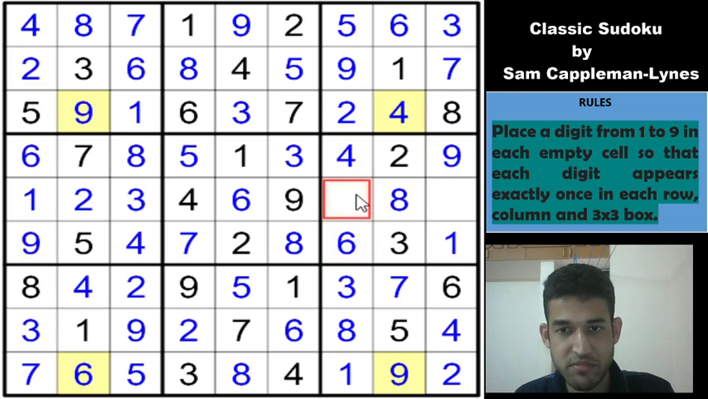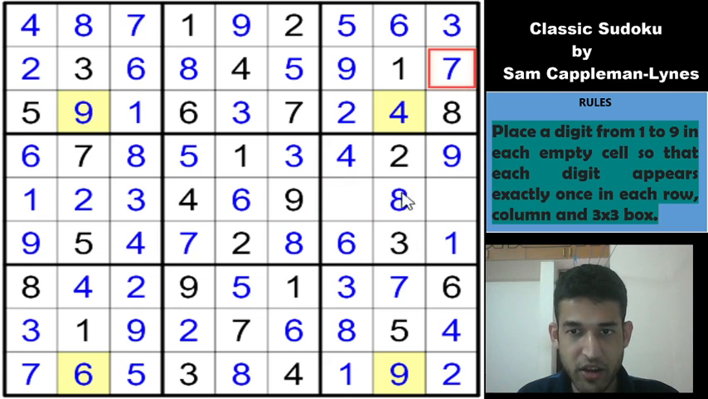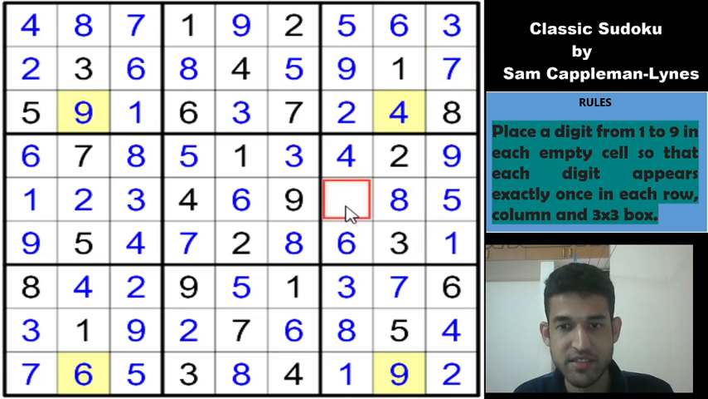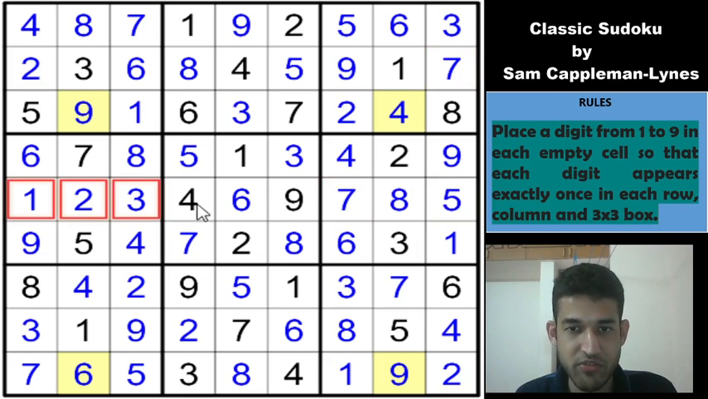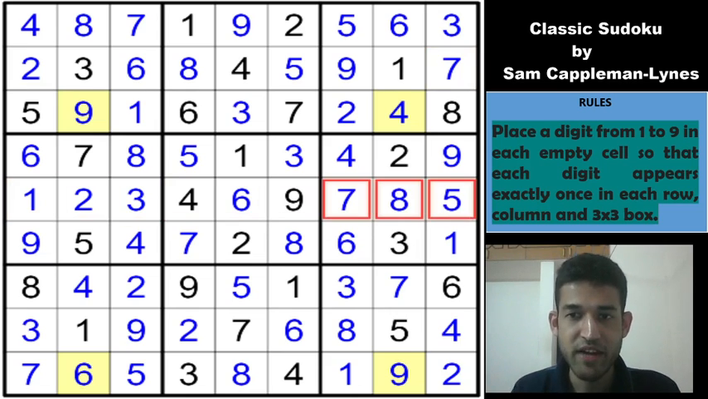And these 2 cells must be 5 and 7, right? You have a 7 here. So this is 5 and this is a 7. Right? 1, 2, 3, 4, 6, 9, 5, 7, 8. And with that, we have completed this